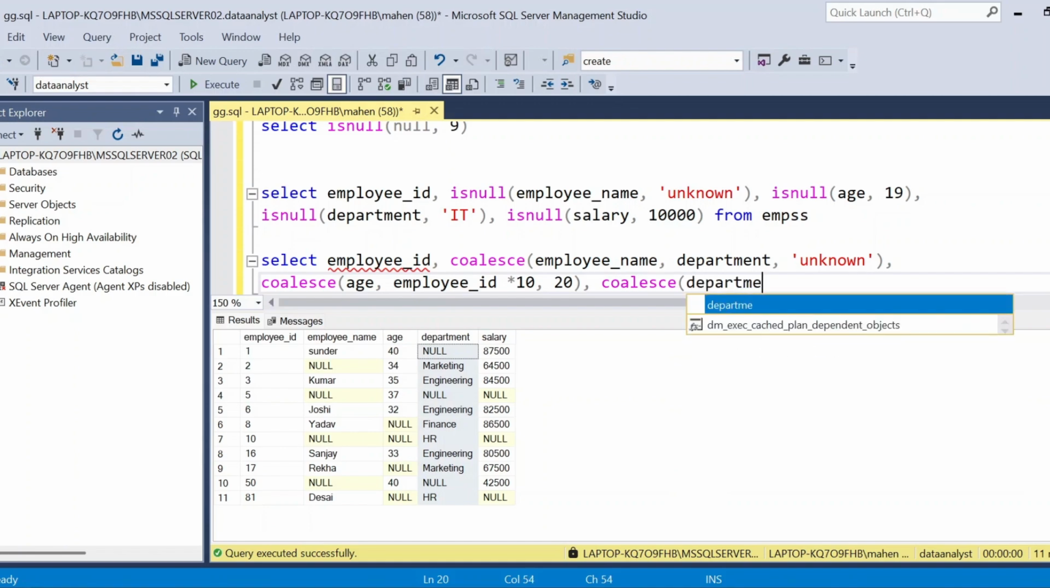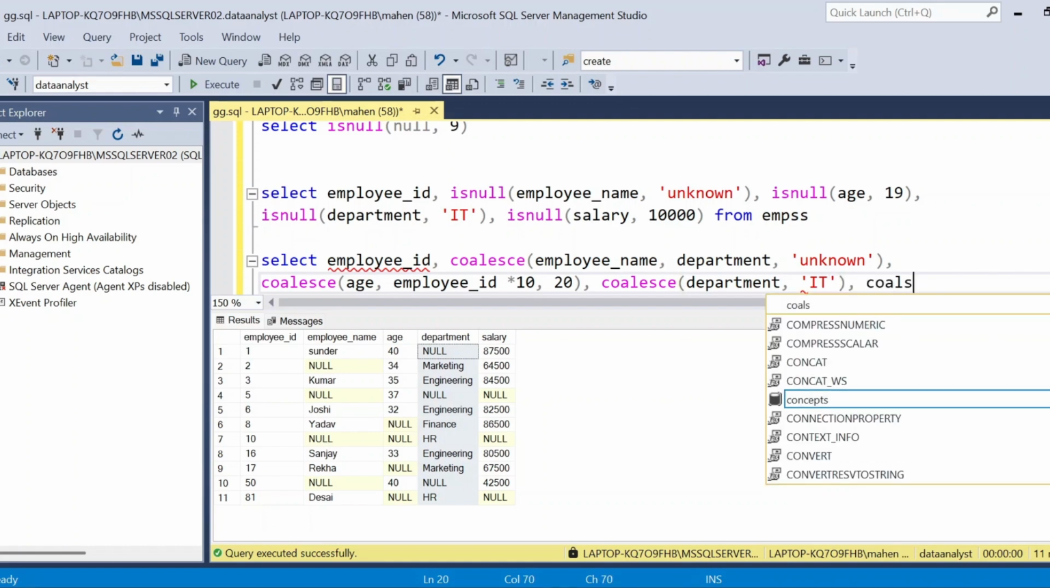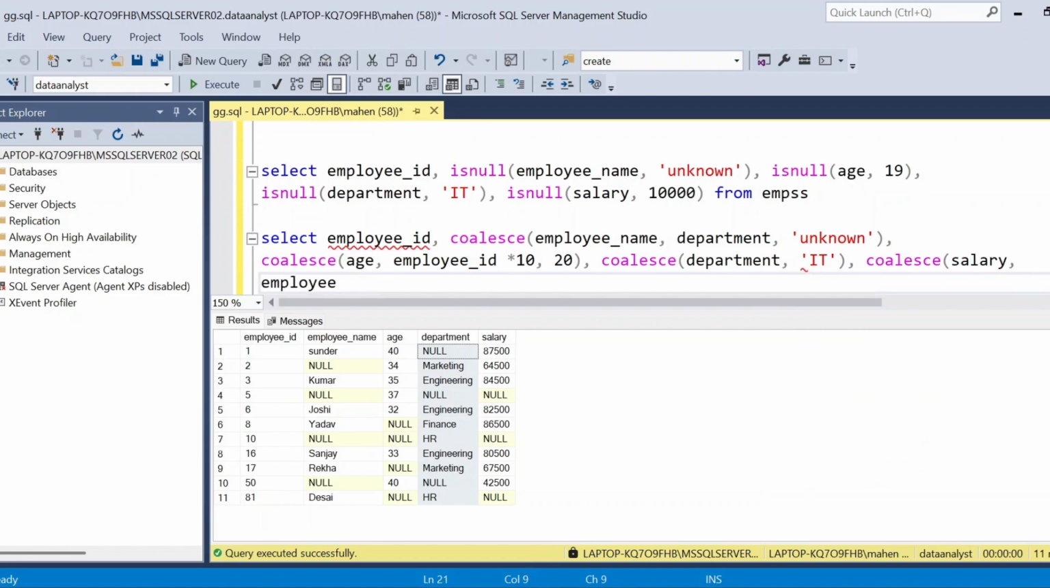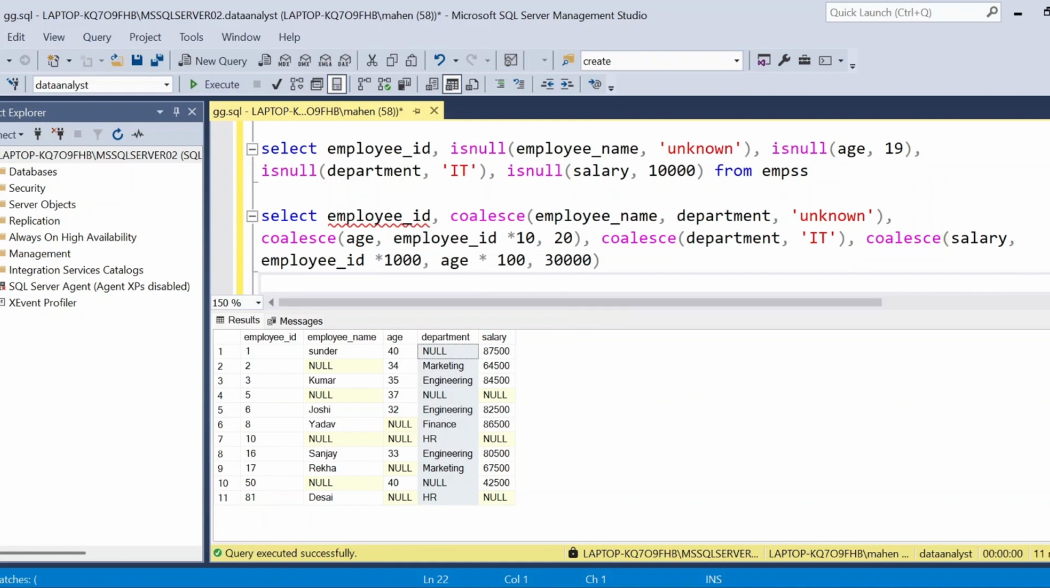COALESCE of, if department is null, then we are going to replace that with any other column. Okay. Or else you can also mention a direct name. COALESCE of, if salary is null, then we are going to replace it with employee ID multiplied by 1000. If that employee ID is also null, then we are going to consider age into 100. If that age is also null, then we are going to replace it with any default value. So this is how COALESCE allows us to replace with any particular column data as well. If all those column data are null, then it also lets us provide a default value to replace with